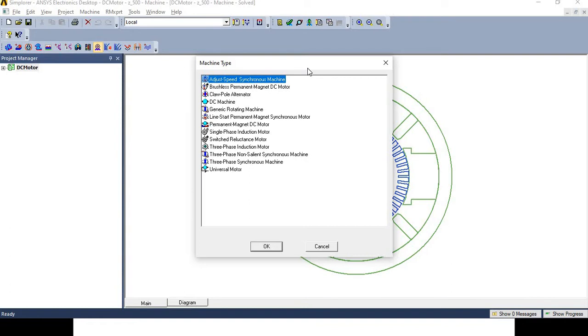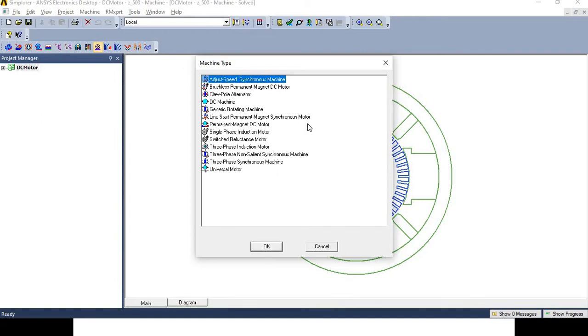Like adjust speed synchronous machine, brushless permanent magnet DC motor, then claw pole alternator, DC machine, generic rotating machine, then line start permanent magnet synchronous motor, permanent magnet DC motor, single phase induction motor, switched reluctance motor, then 3-phase induction motor, 3-phase non-salient synchronous machine, 3-phase synchronous machine, universal motor, etc. That means this list shows that you can design and analyze the conventional motors as well as special purpose machines.